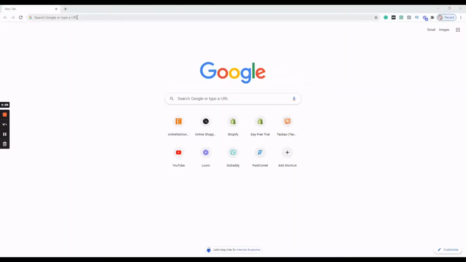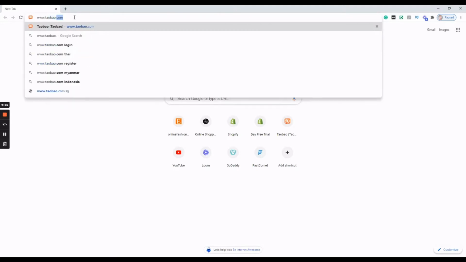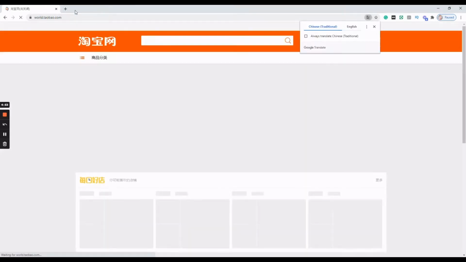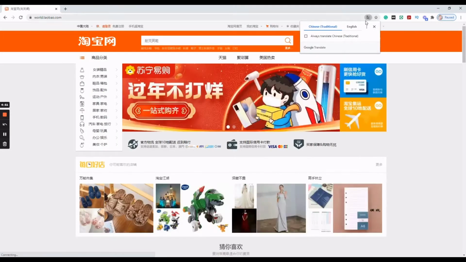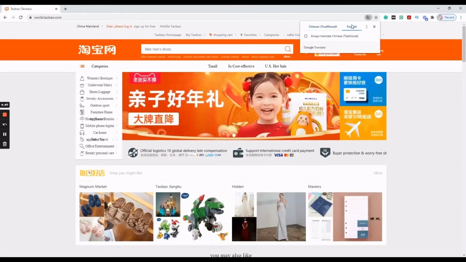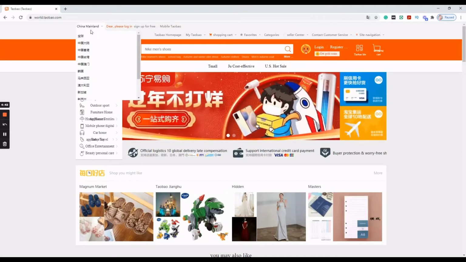Today, I'm going to show you how to register a Taobao account from the Chinese Taobao website. Even though you don't speak Chinese, it's totally fine. First of all, you need to search for the website www.taobao.com, and then you will also install Google Translate on your Google Chrome web browser, and then you click English so you can see all the English selection here and the